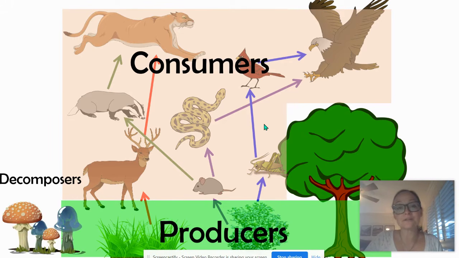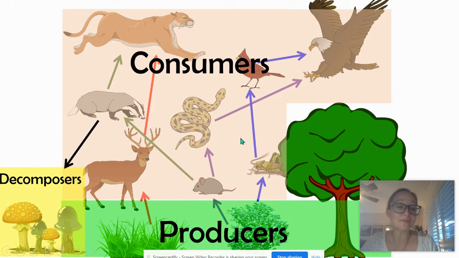Well, decomposers are our mushrooms or our bacteria, like not just mushrooms, but fungus or bacteria. And in reality, they don't eat. They're not consumers, but they do recycle matter and the bodies of dead and decaying organisms. And so really that's how they get their energy. So if you were going to draw arrows, really the arrows from all the organisms would end up at the